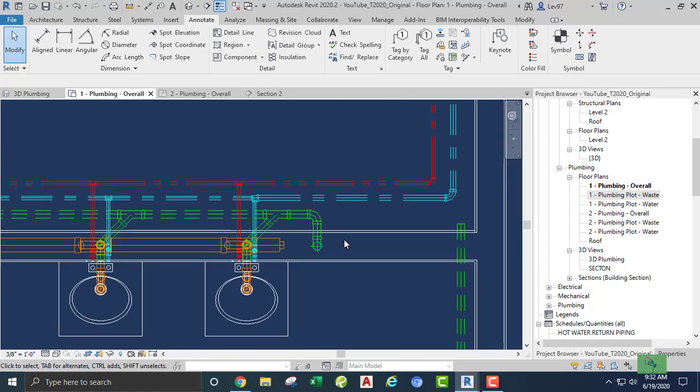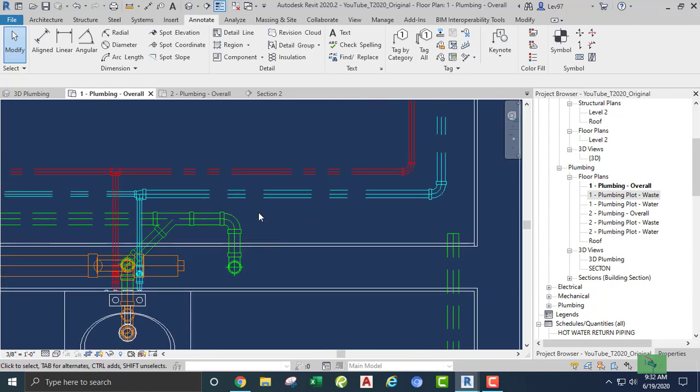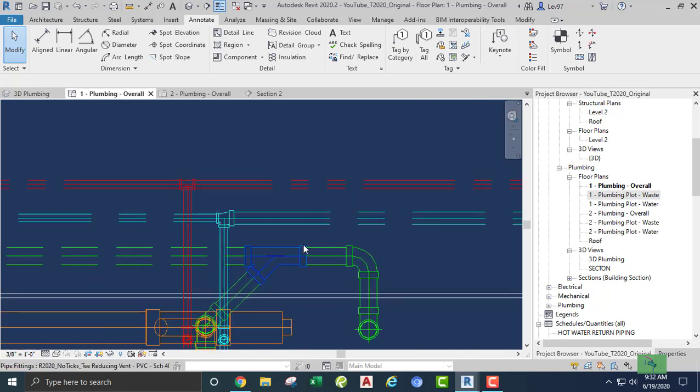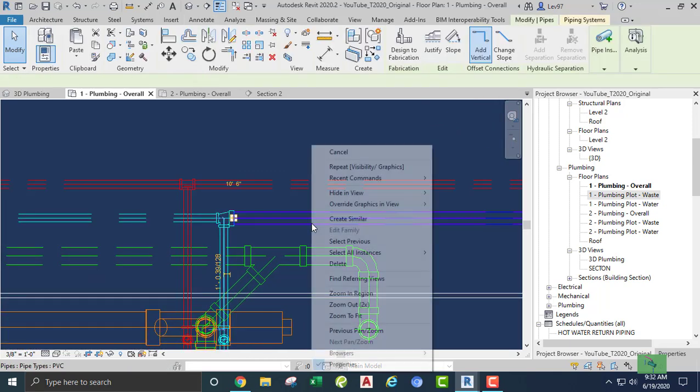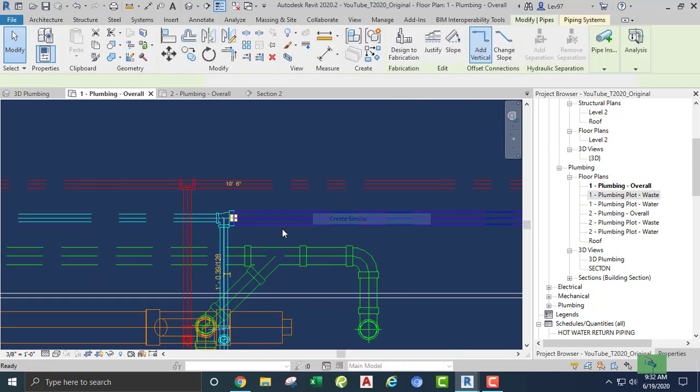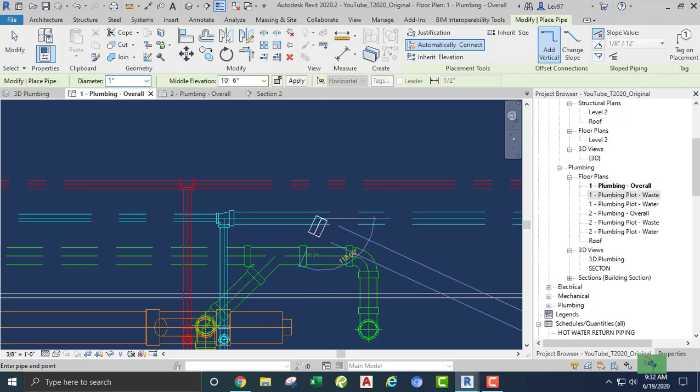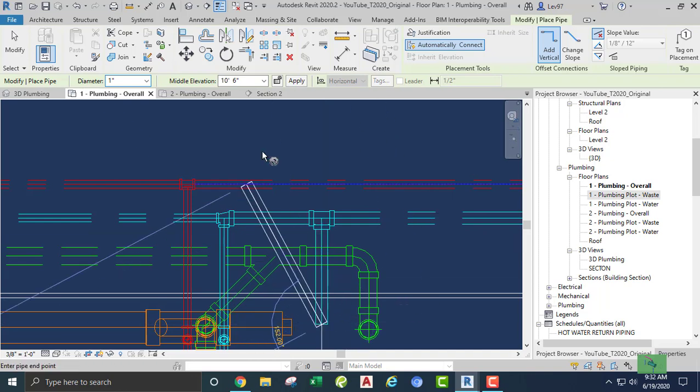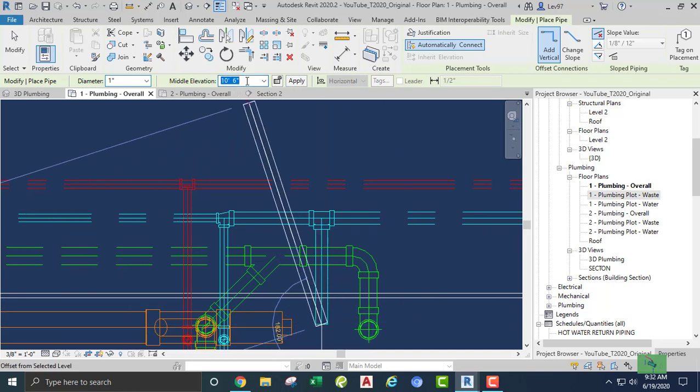Okay. So everything looks good. So from here, I'm gonna go up to the second level because I know create similar here and go right here and go up